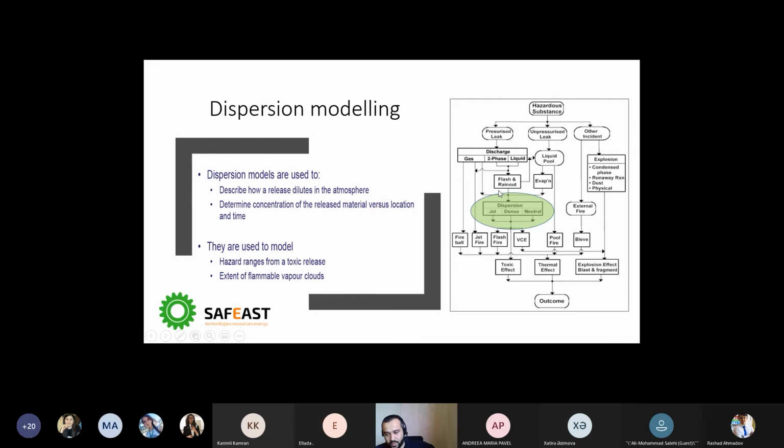As I said, you did the fraction calculation and identified that a certain portion of this will contribute to the cloud. Simply, we use dispersion modeling to understand how a release will dilute in the atmosphere. You are trying to understand the dilution of this hazardous or toxic cloud through the atmosphere. Sometimes you do a kind of back calculation to determine the concentration of the released material versus location and time. Let's say you have one hazardous stack somewhere in your flare, in your plant, in your refinery, and